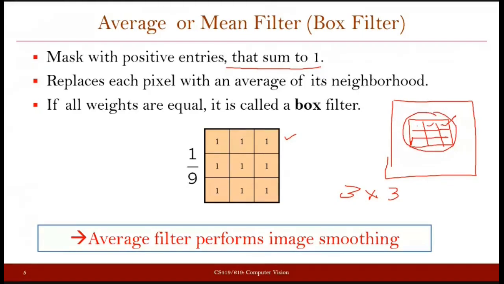Since you are going to get the average or mean of the values at this particular place in your image, this filter is called average filter or the mean filter. And in any filter, if the weight values are all the same, then that filter is called box filter. So in this case also, all the weight values in the filter are the same. That is why we say that this is a box filter.